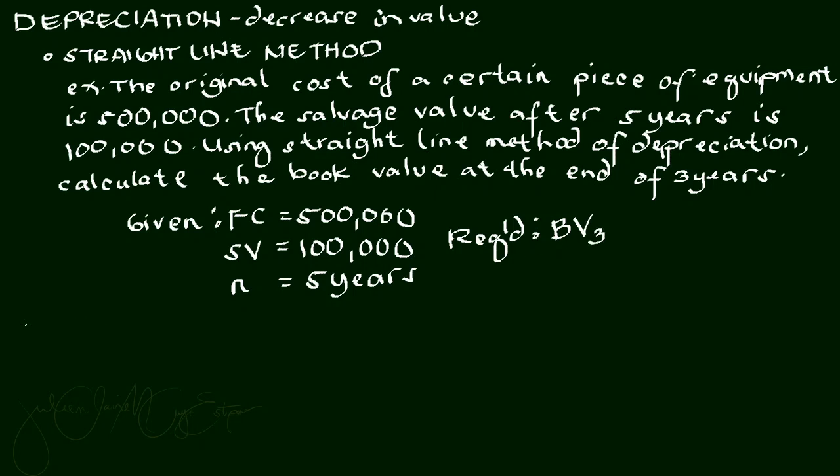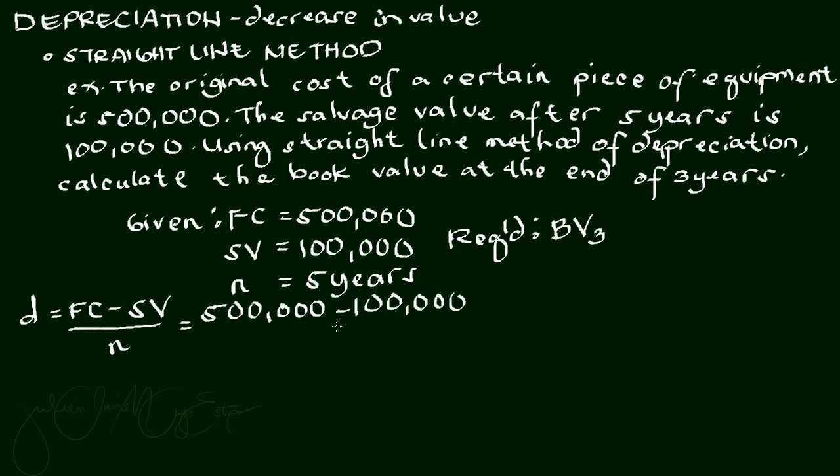So using your formula for the straight line method, your depreciation is equal to first cost minus the salvage value, divided by the useful life, that is n. Substituting, that is 500,000 minus 100,000 divided by 5 years. So it will give us